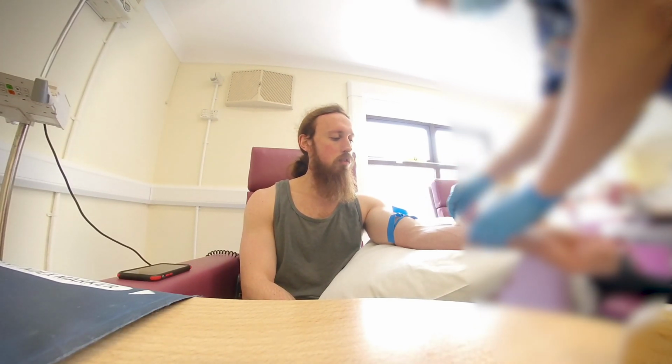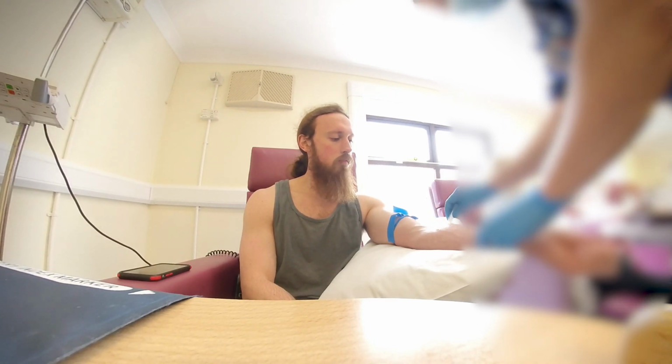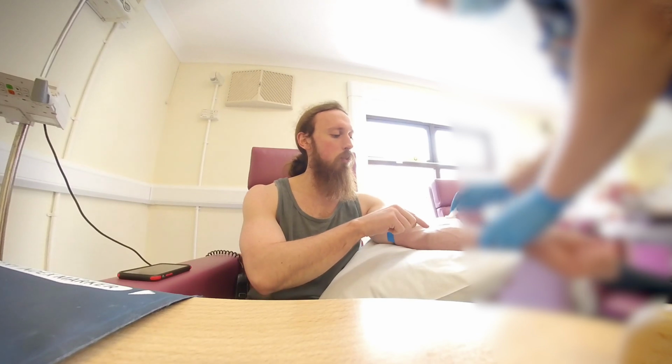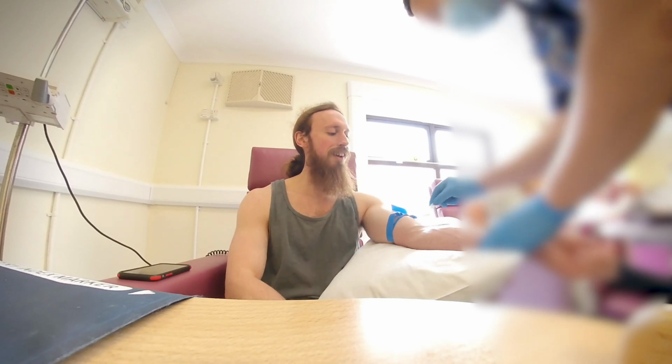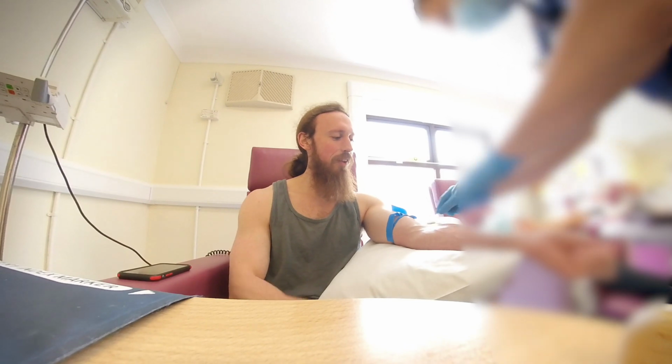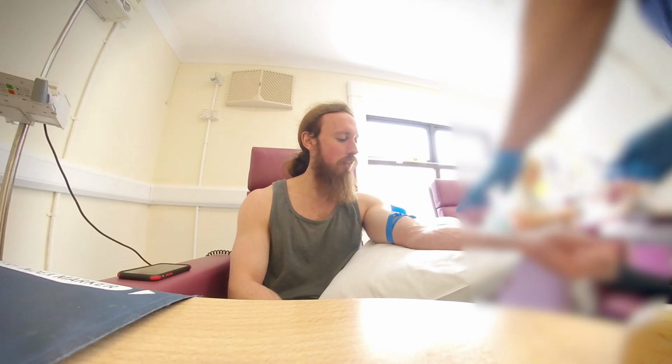So now he's applying some alcohol rub, and that's going to be removing any of those germs on the surface of my skin, just so I don't get an infection whilst this is going on. We're just talking about veins here. I'm pointing out I've got some track marks actually from getting this done so many times. I've got all these little dots all over my veins, and it kind of looks like I'm a needle user because of it. But that just goes to show you how many times I've been in this hospital for this